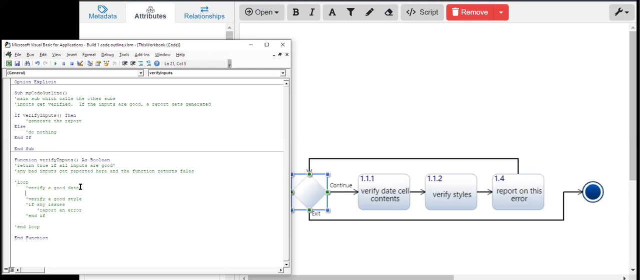We can use this, leave these comments in there, and that helps explain the logic. Or if it seems transparent, you can go delete the comments at a later time. So that's verifying the inputs. Now, as far as generating the report,